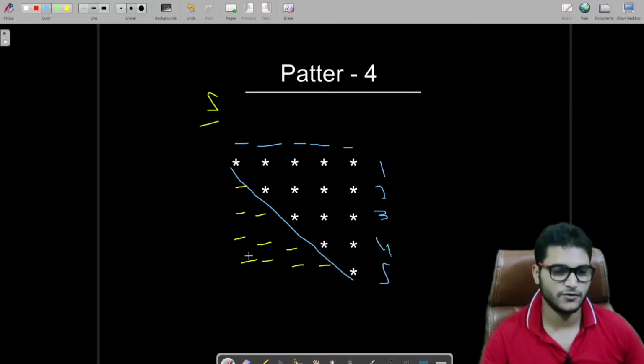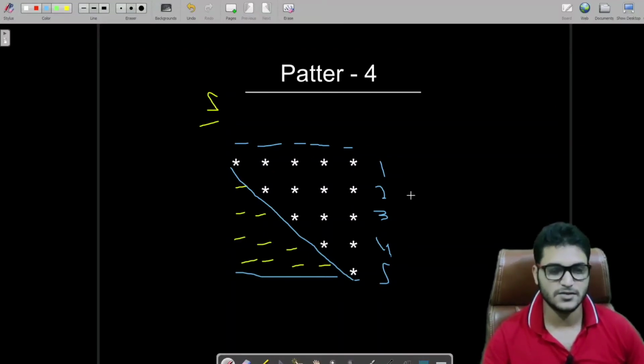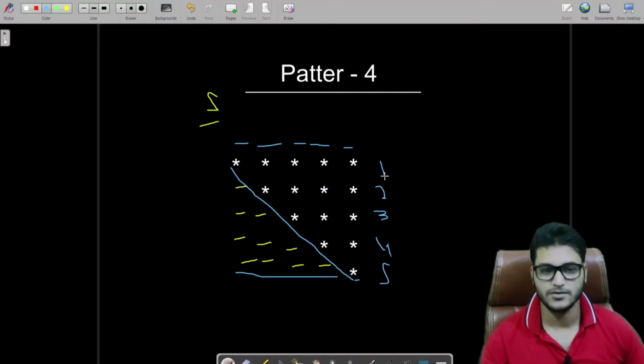In the fourth row 3 spaces and 2 stars, and in the fifth row 4 spaces and 1 star. So if you observe here, we are decreasing our count of stars by 1, and certainly we are increasing our count of spaces by 1 also. So this is actually a simple program. It's a kind of a flip of pattern 3.